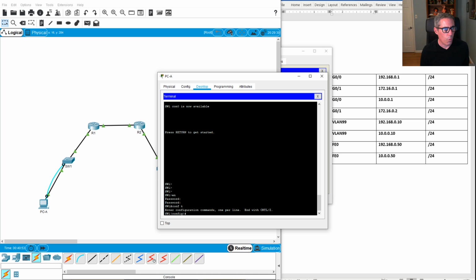So the one other piece that I want to do is make this SSH instead of telnet. If you remember, telnet is not secure. It passes everything in plain text. SSH uses encryption. A few things we need to do to make that work. We already have a host name. That's one of the things. We also need an